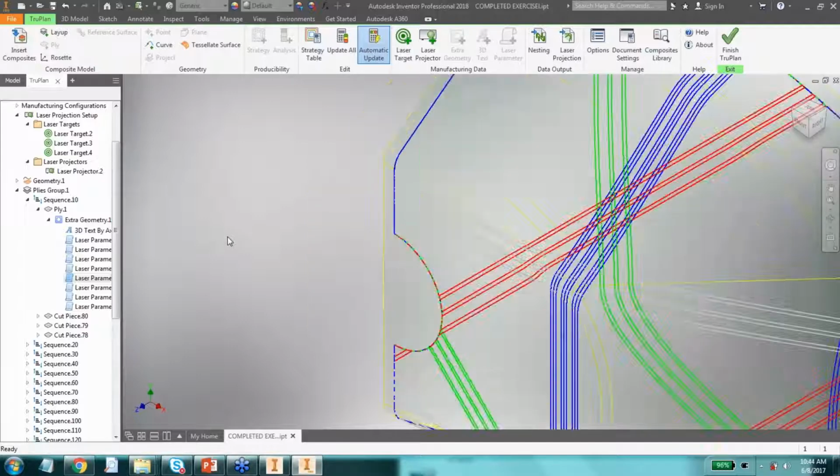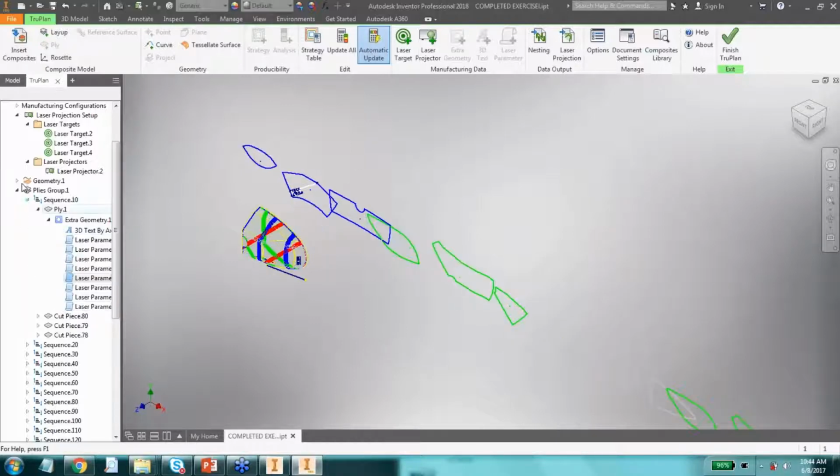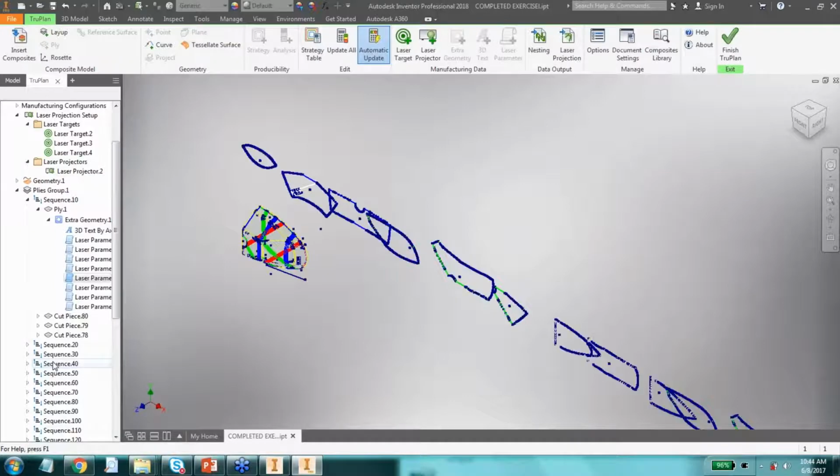So as you can see, as I zoom out, I already had some flats for this one. So you can either produce those yourself within TruPlan using strategy and analysis, or you can take the existing flats that we already found. They'll be associated here in your browser just like normal, and then you can either take them through our traditional nesting system, or you can run on-the-fly nesting. So the nesting itself is actually a topic for our next webinar,